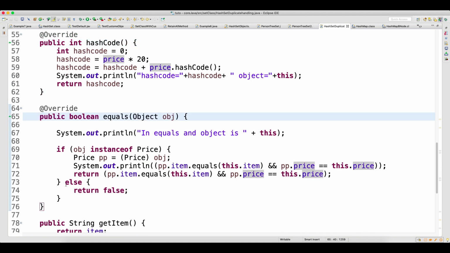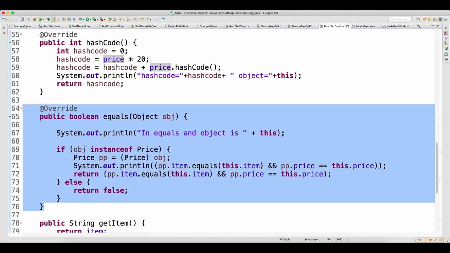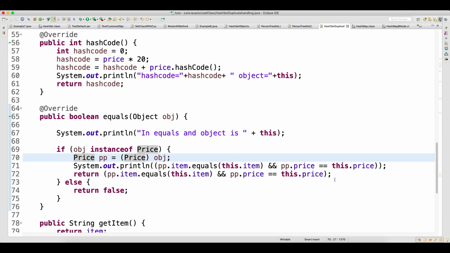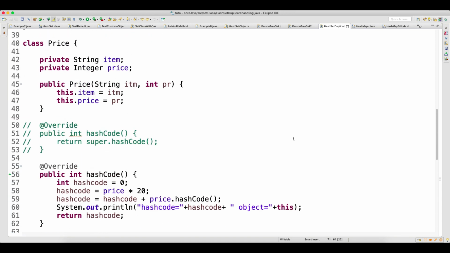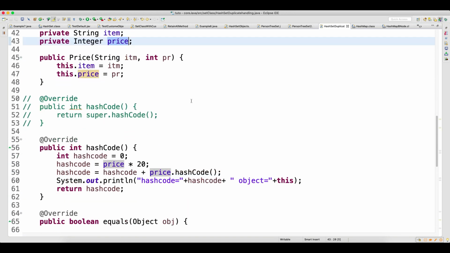So somehow you need to write the logic. See, for this equals, there will not be any issue. No matter how many fields you have, you can write this logic. This logic will not have a problem, because when you have a string, you can write a.equals. When you have an integer, you can go for the equal operator. There will not be any issue.